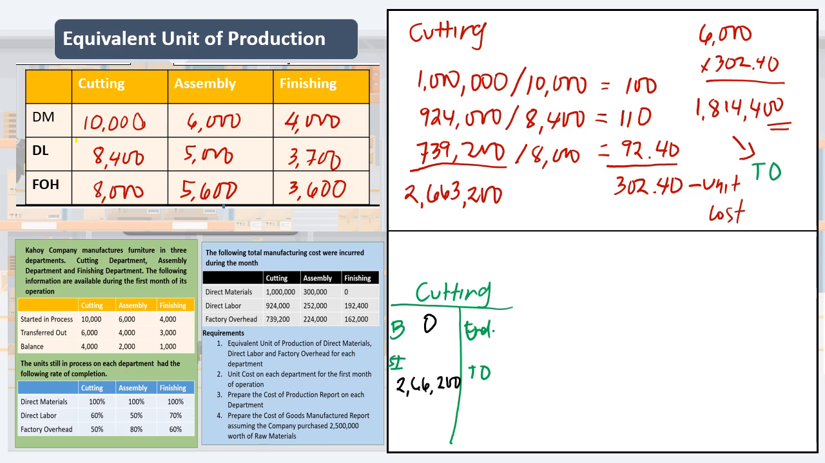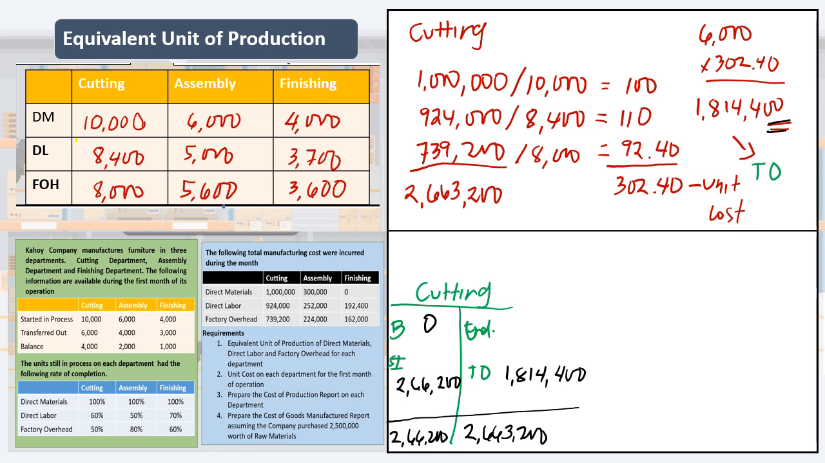So, na-compute natin kanina sa taas, we have the transferred out amount, which is 1,814,400. So, kuhain lang po natin yung total sa baba. So, yung total natin, 2,663,200. Lagay natin dito, 2,663,200. So, to get the ending balance, we have 2,663,200